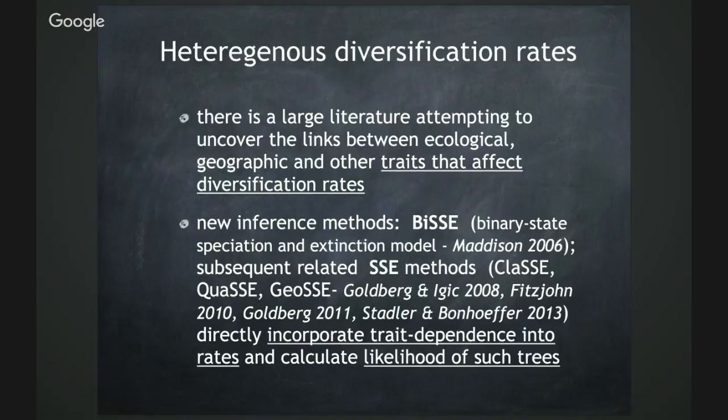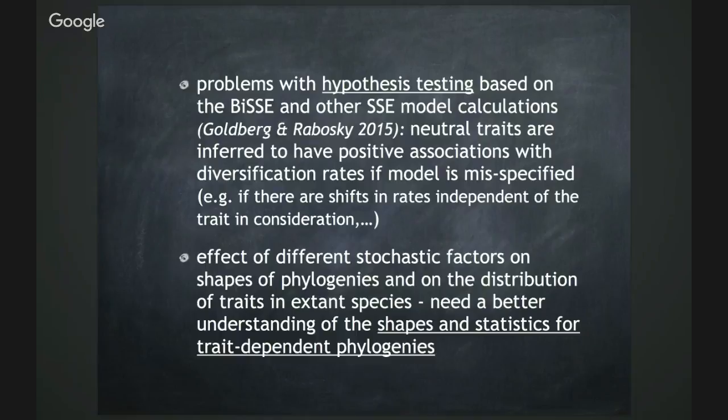So this was pretty exciting for a while, except that randomness has a catch. Essentially, it's due to the fact that the space of trees is extremely large, and many different factors can affect what kind of shapes and what kind of distribution of traits you see in the extant species. So as of about a year ago or so, people have noticed that there are serious problems with